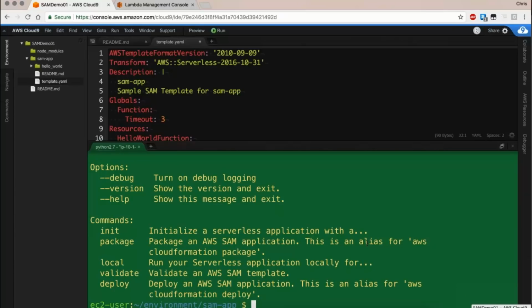Given that I'm not going to go too in-depth into creating my application here, we'll just kind of leave this as is. But again, it is super straightforward to get in here and fire up the SAM interface to generate an application and then to start to work through using this application.